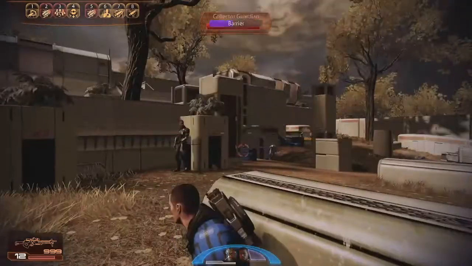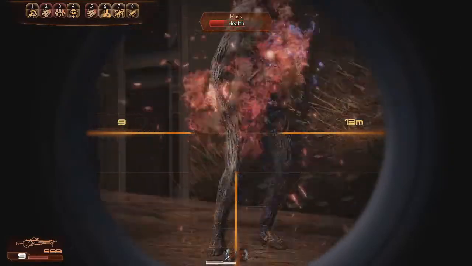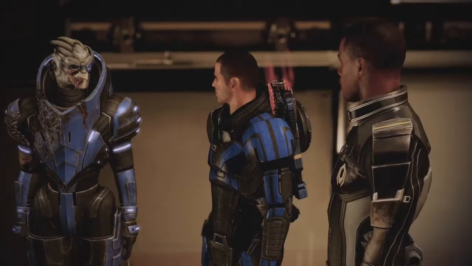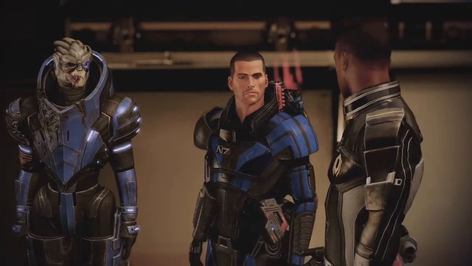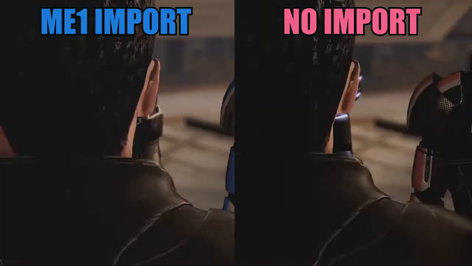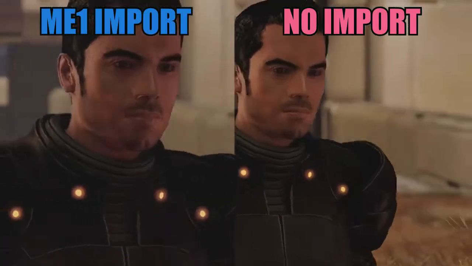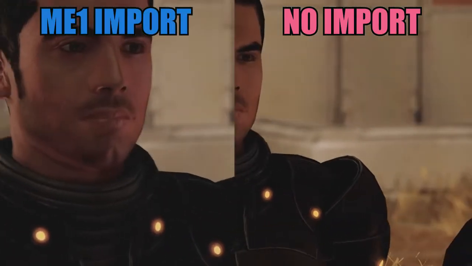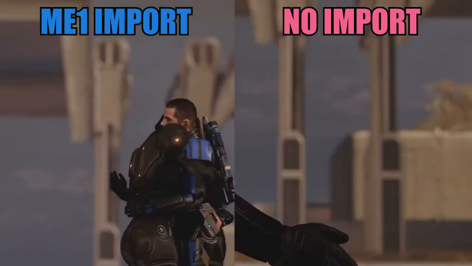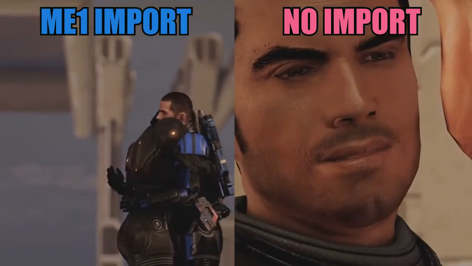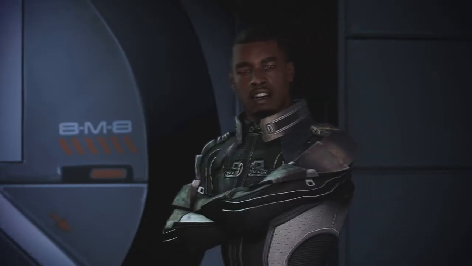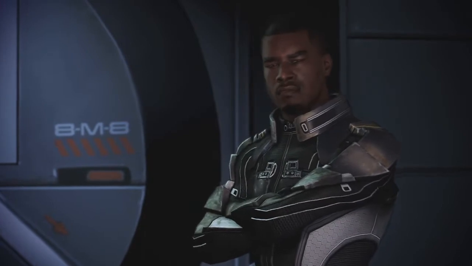So there you have it. Kaidan's big scene in Mass Effect 2. You'll know if the mod is working based on the scene, whether Kaidan gives you that passionate hug. If the mod didn't carry over the original romance from the first game, or if you decide not to romance Kaidan at all in the first game, then the only thing that Kaidan will do is give Shepard an awkward handshake, and he won't mention anything about love. After you get back to the Normandy, you'll probably get a passive-aggressive email from Kaidan, and that's about it for